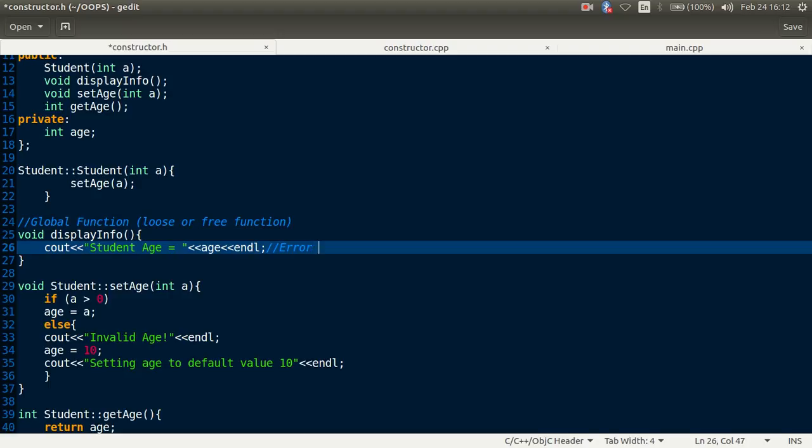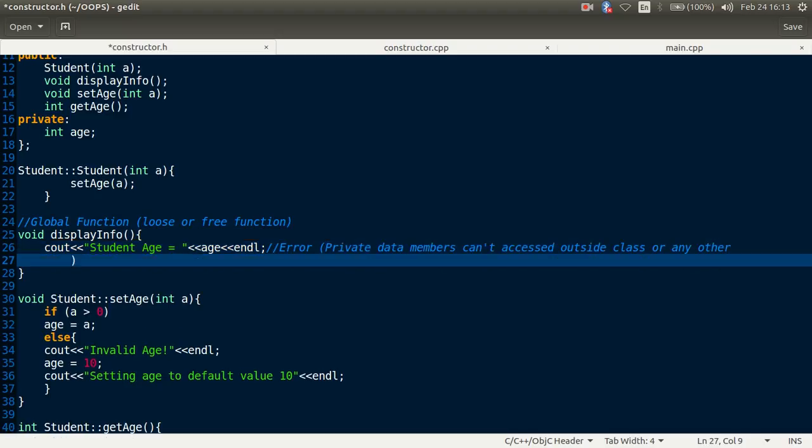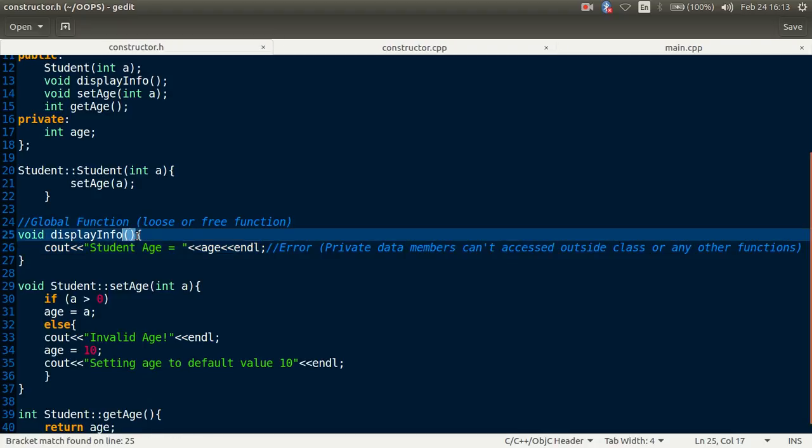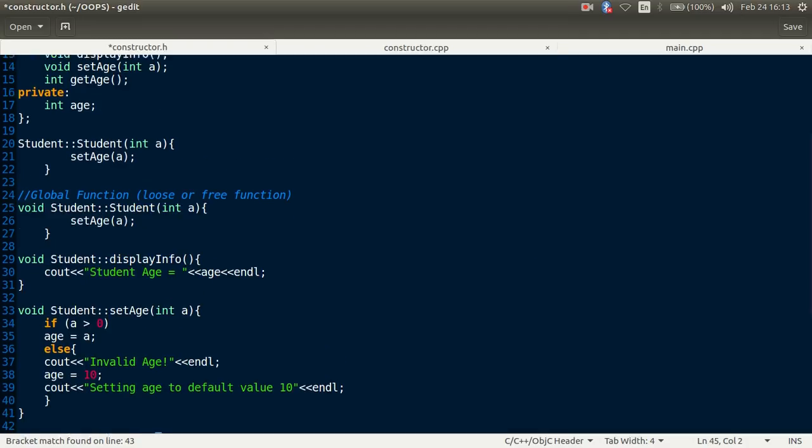And why is it going to give us an error? Because private data members can't be accessed outside the class or by any other functions. So this should give us an error.